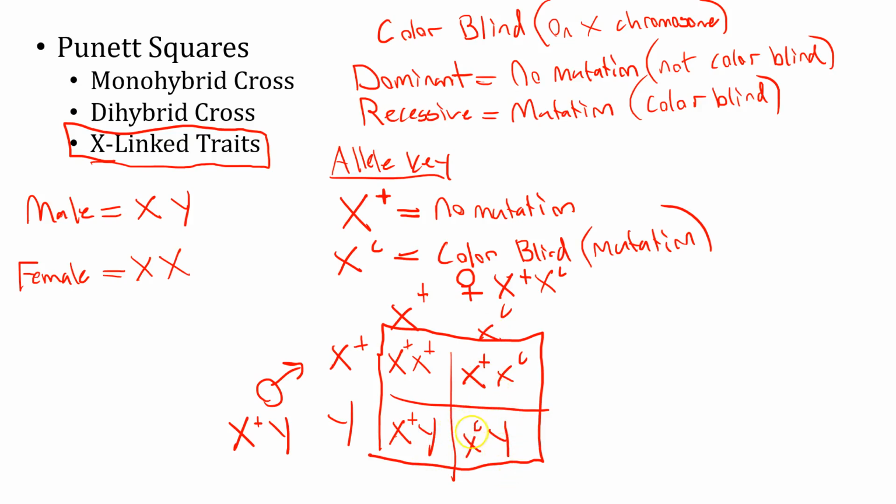Now when you're looking at this, you can kind of see why this is what happens when you're talking about X's and Y's. You can see that the reason why approximately half the people in the world have female anatomy and half the people in the world have male reproductive anatomy is because of this reason. You can see that 50% of these offspring have Y's, so that's going to lead to the growth and development of male anatomy, and then 50% of them have 2 X's, which is going to lead to the